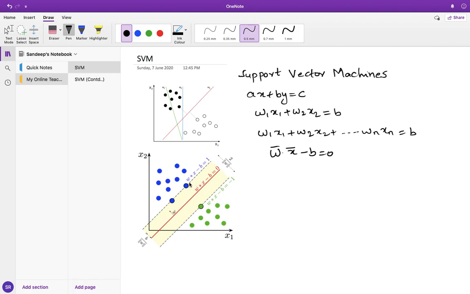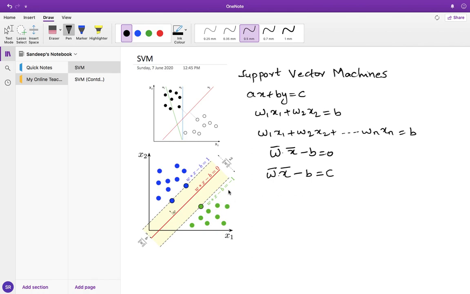Let us also see what is the equation of the line which passes through the support vectors. As I am drawing a line parallel to the hyperplane, it would have the same or proportional coefficients, but the constants would differ. Let us analyze what the constant should be. Let me write a generic equation here for one class: w bar x bar minus b is equal to c. If you are doubtful of why we are using 1, first let us use c, a generic variable, and later we'll come back and reason out why using 1 is also sufficient.